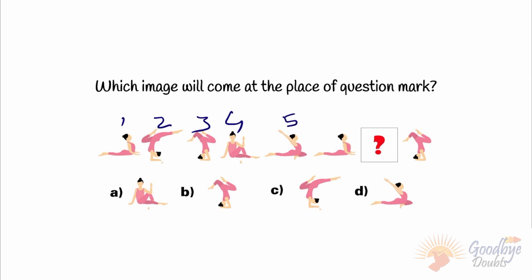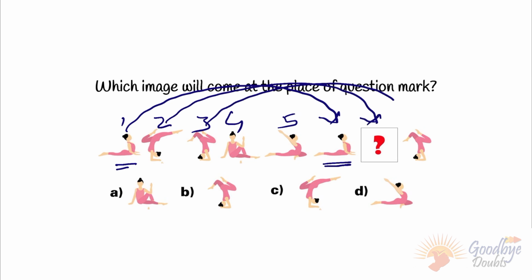This is on the fifth place. Now if you see this image, it is already used here. So this is basically the same image used here. Most probably this will be repeated here and this will be repeated here. So that is what the pattern is. So what is missing? The missing image is this one. And where is that? This is C. So for this the answer will be C.